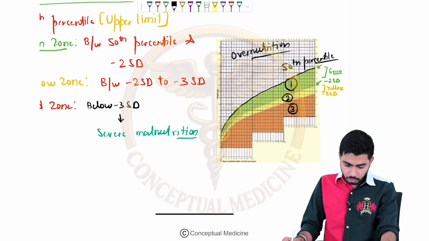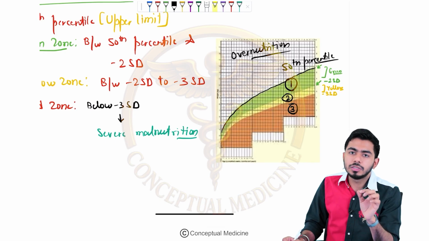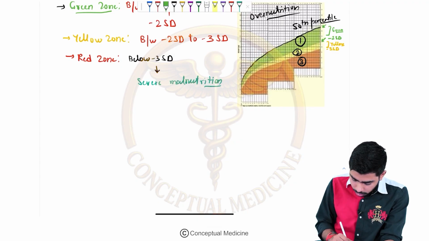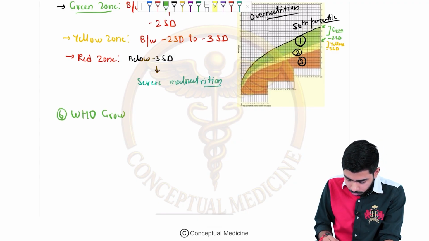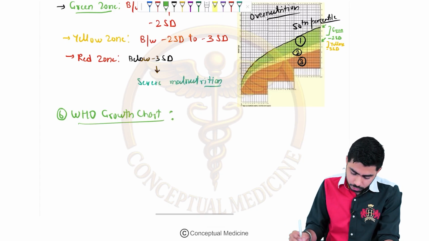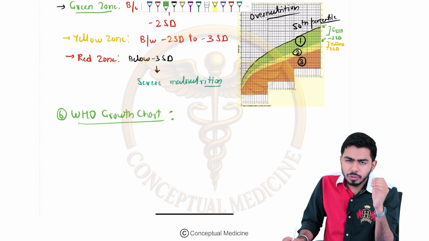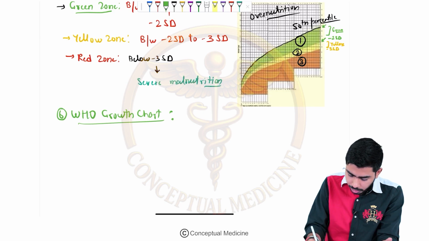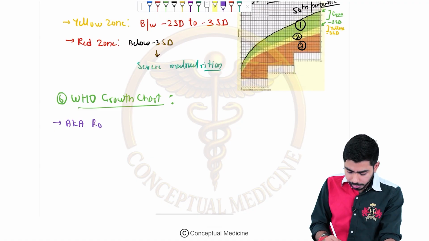Okay, guys. Now, once we have talked about that, we shall be talking about one more chart, that is the WHO growth chart. So after the ICDS growth chart, now we shall be talking about the second one, the WHO growth chart. In the WHO growth chart, basically it is also known as the road to health chart. Some important points regarding this one: WHO growth charts are also known as the road to health chart,